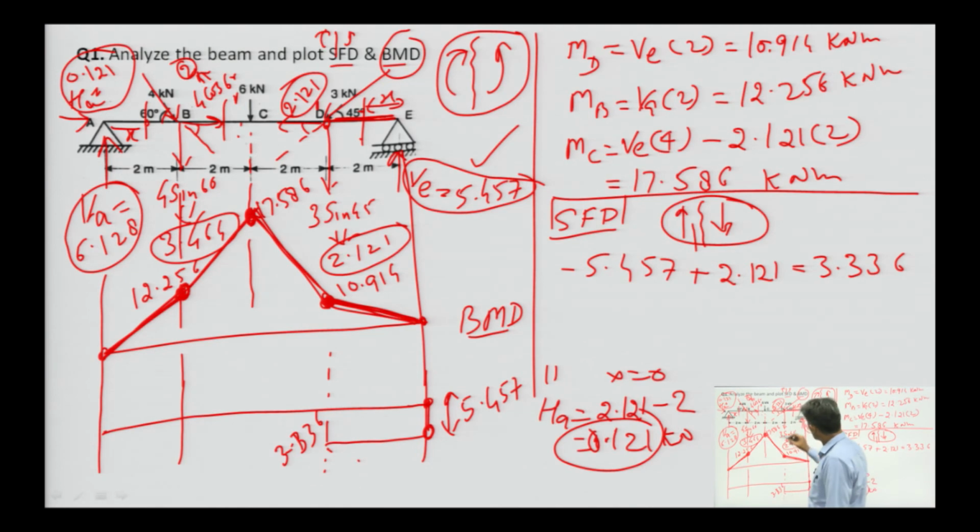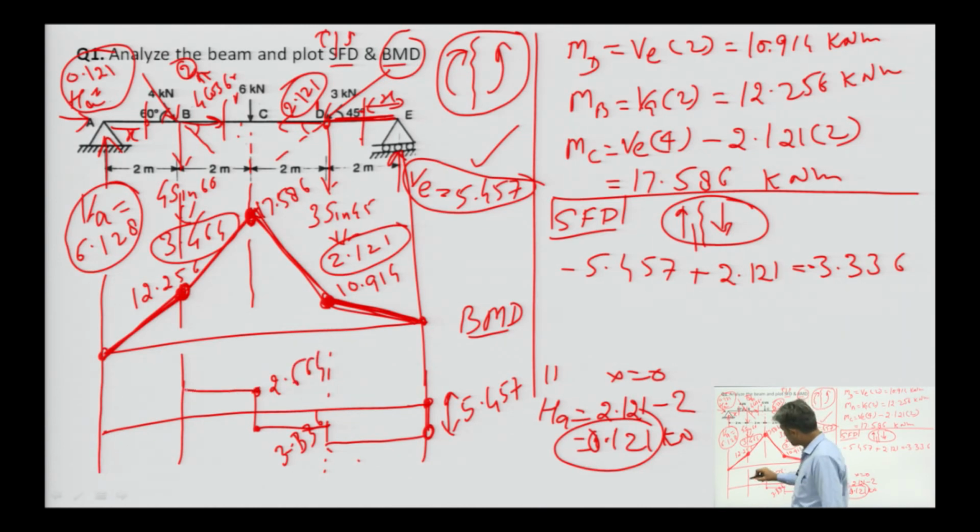And in between, no force is there. So, up to this no force is there. So, we will go in that direction. 6 Newton is there, so this is minus. Now, further addition we will move upward. So, 3.336 minus 6, so we are moving upward. Now, it will be first 2.664, this one.